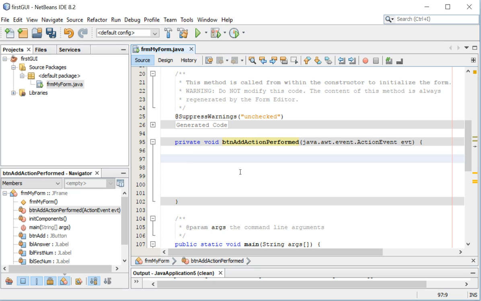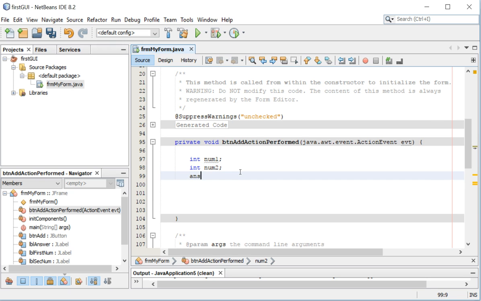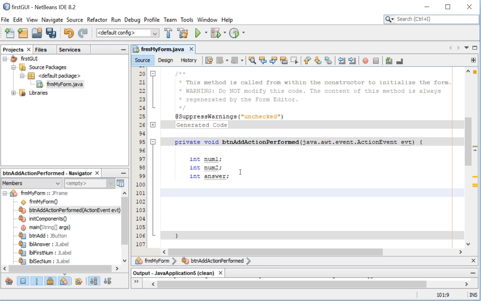So I'm going to do a few things. First, I'm going to create some integers. So I'm going to create int num1, int num2, and answer. And then it's time to actually grab the information. So what I want it to do is when that button is clicked, I want it to grab the information from the text box. So I'm going to say num1 equals